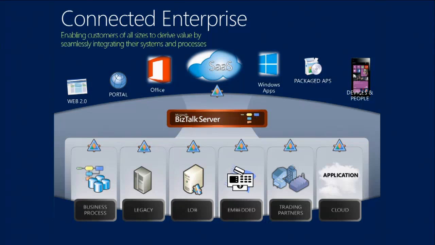So how do I expose this business process itself as something that can be consumed by a mobile application? How can I expose my order processing system as something that can be consumed by a web application? You should be able to expose all of these things irrespective of the consuming format. So that's where that middle tier normalization comes in between.